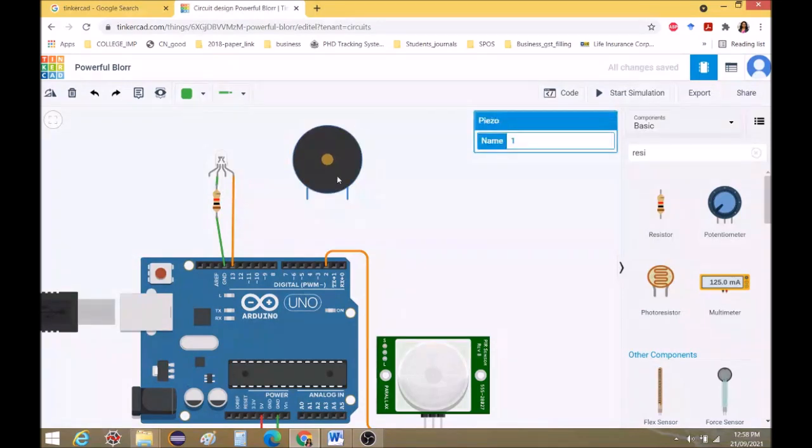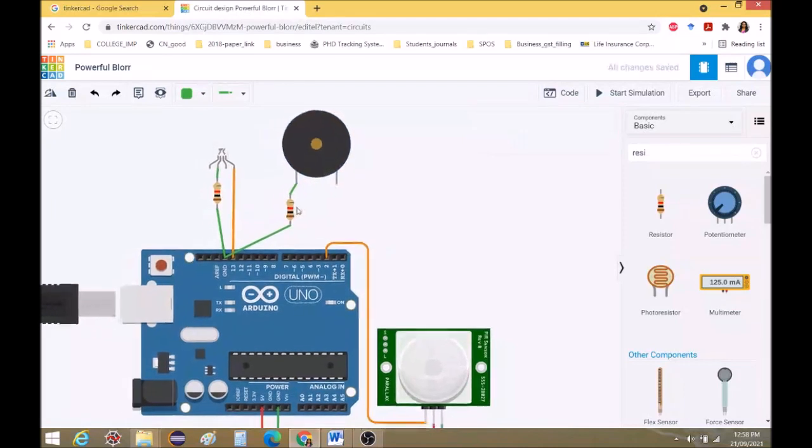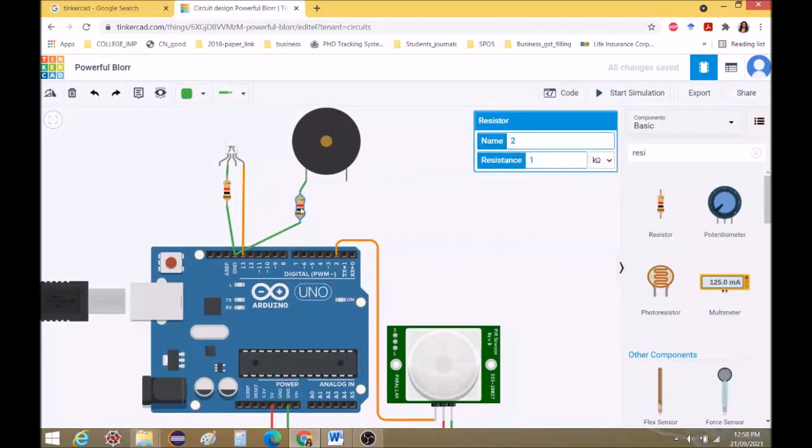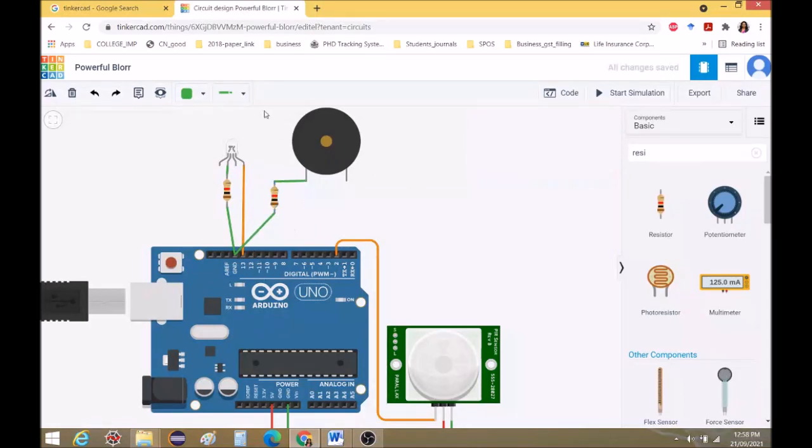Similarly for the buzzer, what we can do is just use a ground connection for one of the terminals. This is ground, and pin number 12 we will use as output.